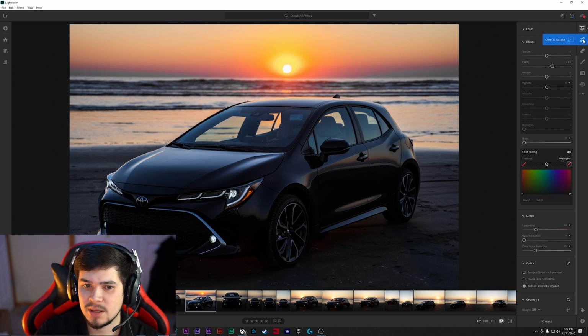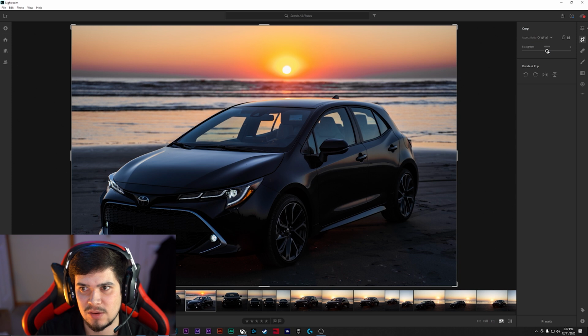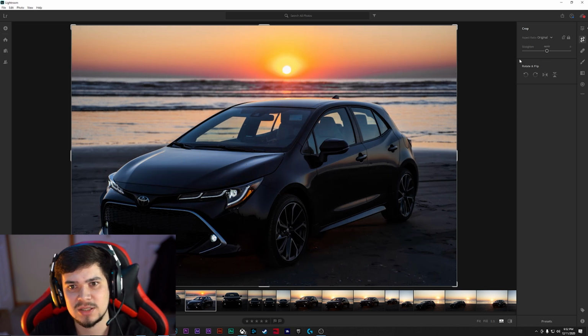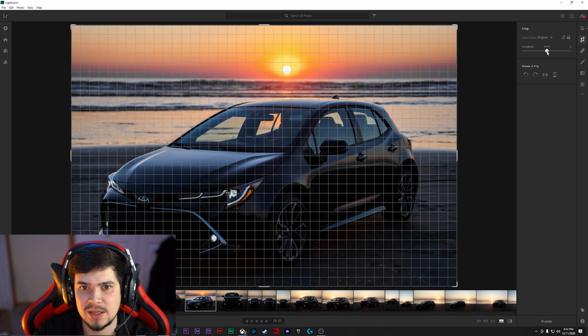Alright, so next, if you wanted to crop or rotate the image, so say you took a photo and the horizon isn't perfectly level, and you want to change that. You can go here, click the crop button, and under the straighten area, if you click in the middle without moving your mouse, you can see the lines that occur here. So if I click here, I can see that the